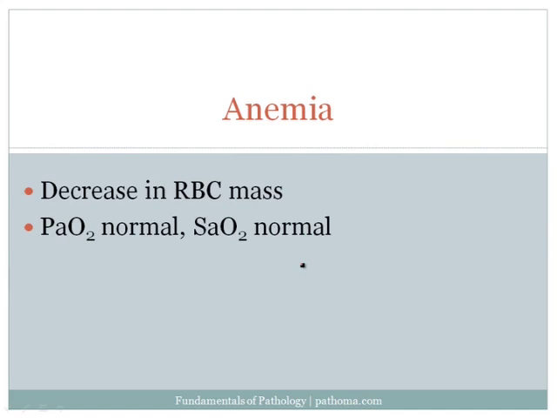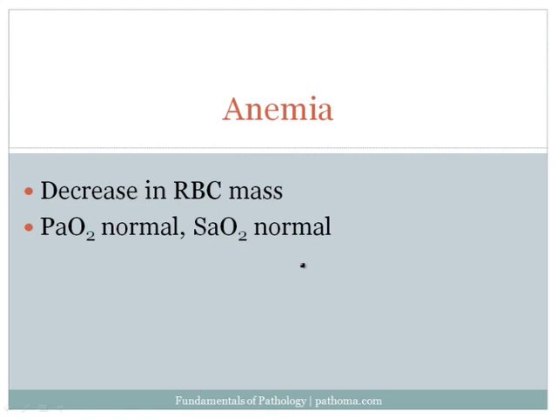Let's give you a few examples of that to highlight this idea, because this is one of the few places we'll get to discuss this principle. One example of a decreased O2 carrying capacity of the blood would be anemia. Remember that anemia refers to a decrease in the total red blood cell mass in the body. And when there's a decrease in red blood cell mass, there's going to be a decrease in the amount of oxygen being carried in the blood. Therefore, there's obviously going to be a decrease in the amount of oxygen going to the tissues,